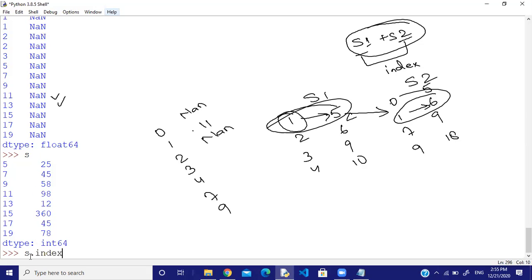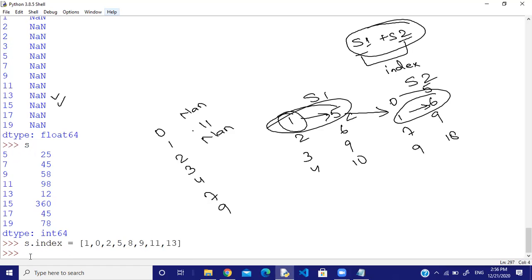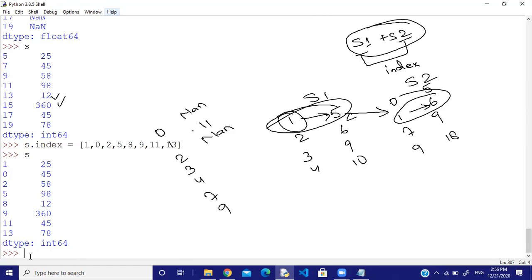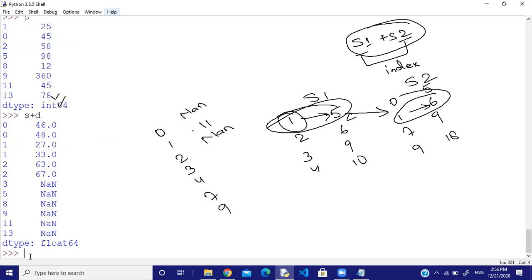So what I'm going to write is S.index equal to, and now I'm going to write 1, 0, 2 for the first 3 elements that I'm matching, and for the rest I'm going to write something like this: 5, 8, 9, 11, 13. And for the other series, 6, 6, 7, 8. Done. Now you check this, and now I'm going to do the operation S plus D, and we are getting